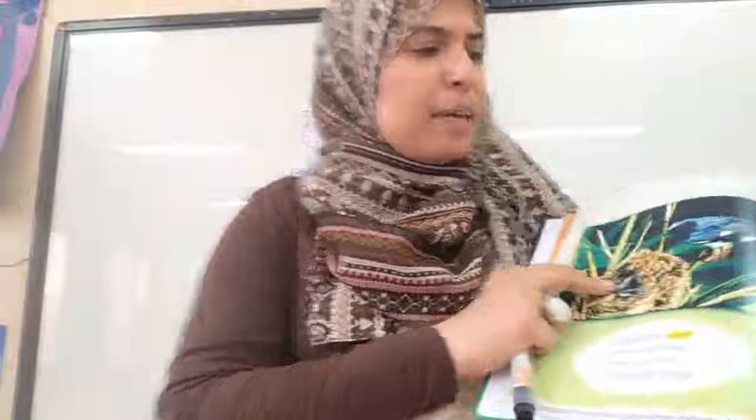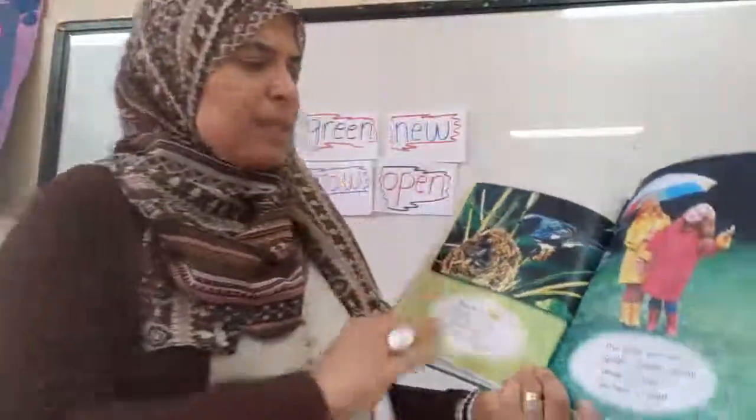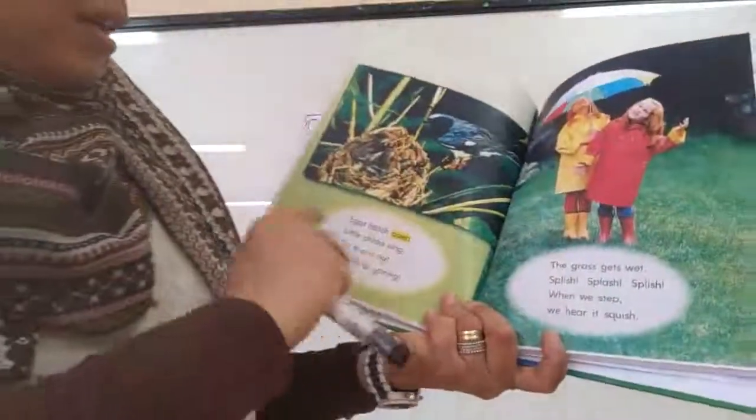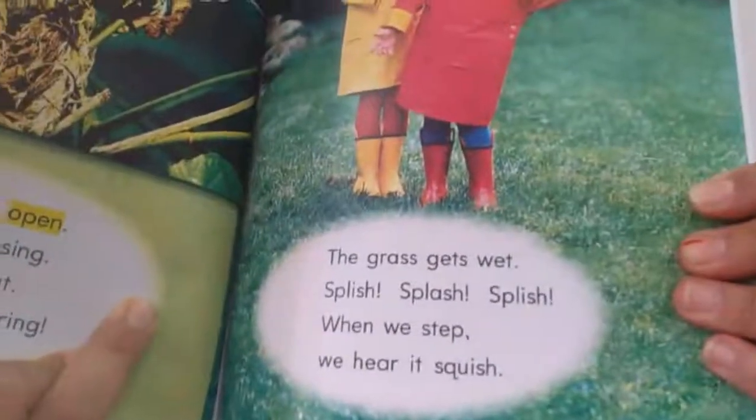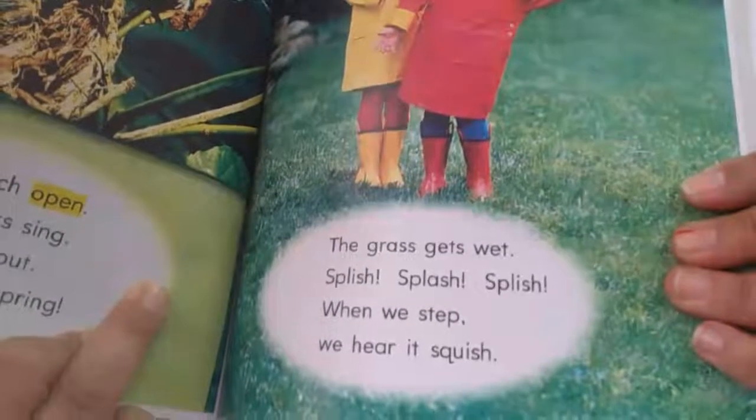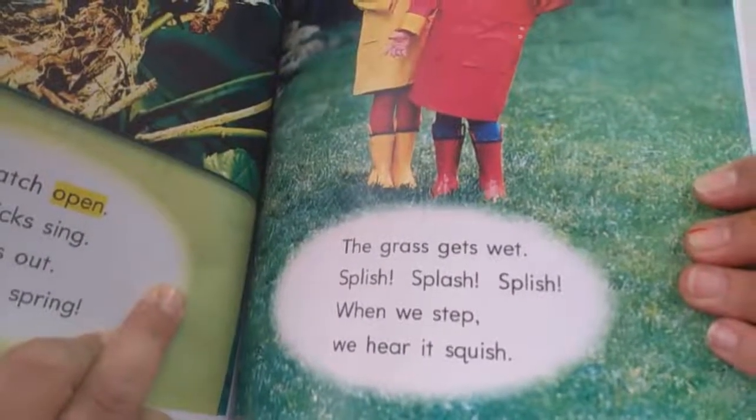The sun is out. It must be spring. Then the spring is here in this picture. It's talking about spring. The grass gets wet. It's very difficult to hold the book like this, so I will read. Okay, so let's read. The grass gets wet. Splish, splash, splish. When we step,